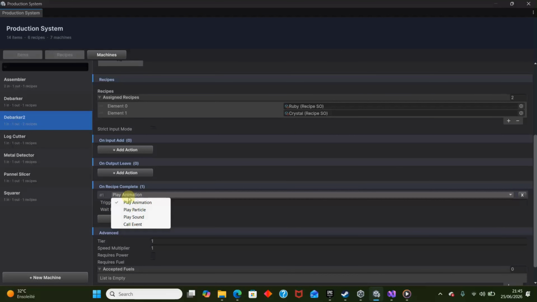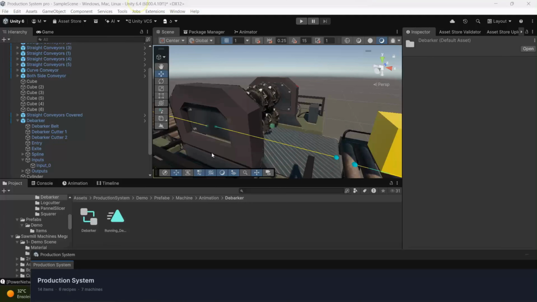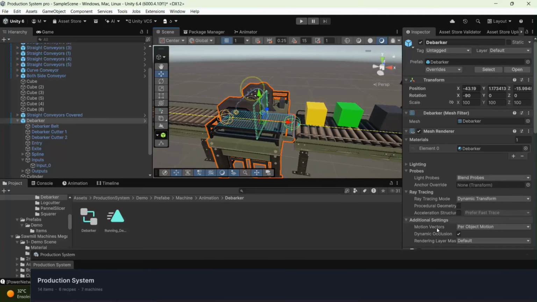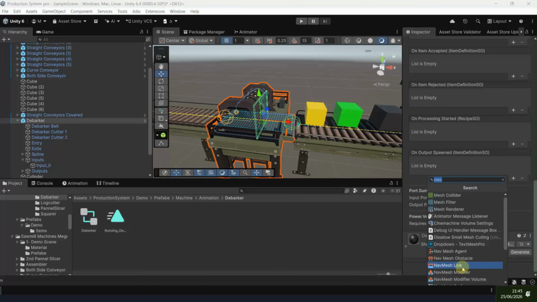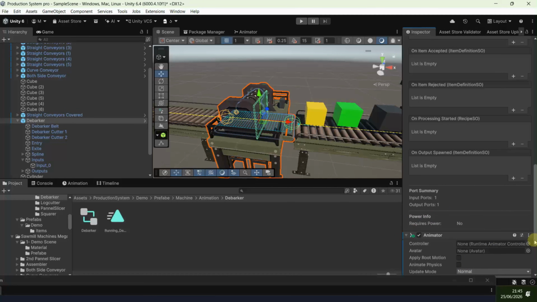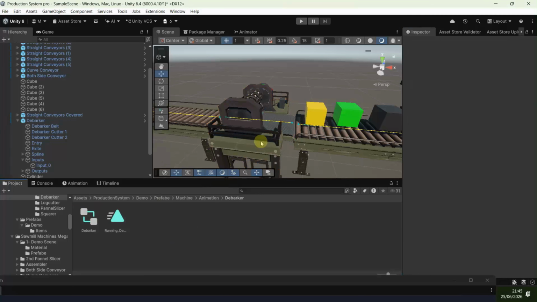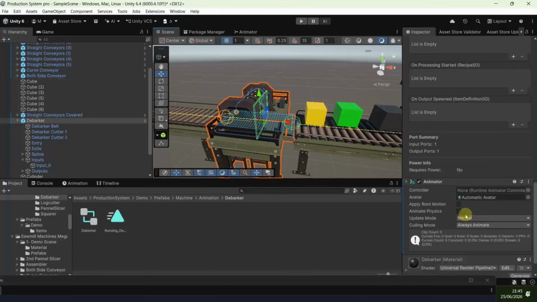You have multiple actions that you can do. Let's do play animation. Go to our debarker, add an animator. So I already have animations that I made. It's called in debarker,